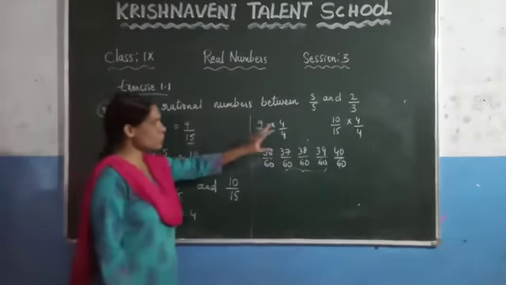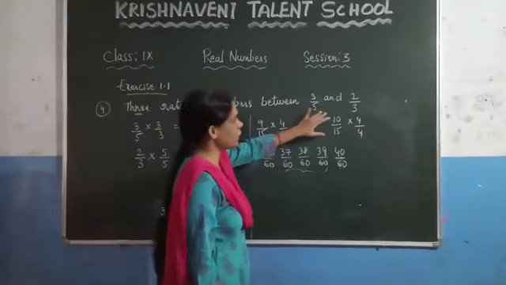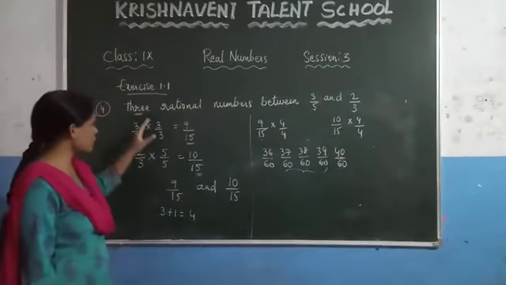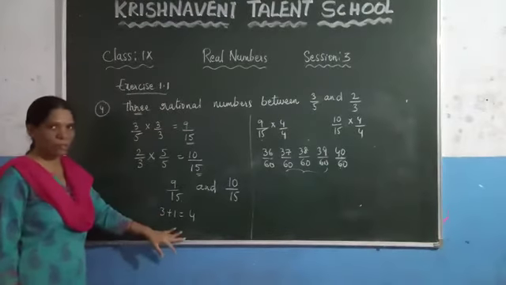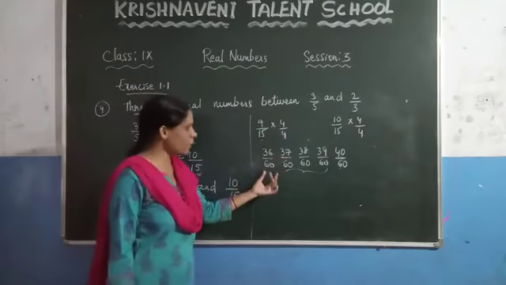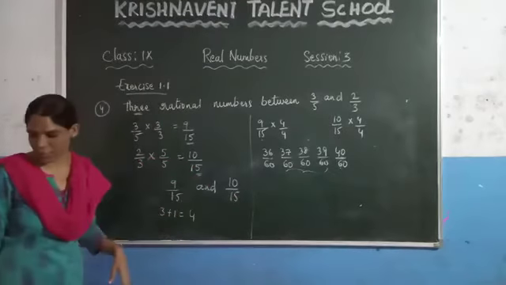How do you solve this? Just by seeing, if you have been given fractions, you have to make the denominators equal. We have done it, and after that you have to check how many rational numbers we have to write and add 1 to that number. Just multiply and divide with that number so that you can write 3 rational numbers in between these two numbers. Now see the next question.